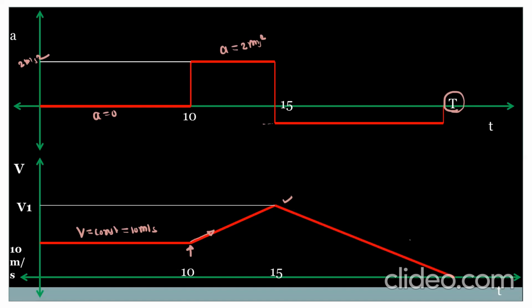That means acceleration is negative. Okay. And finally, at some time capital T, at this point, the particle's velocity will become 0. Okay. So this is called the graphical method to represent the motion of the particle. So from this graphical analysis, we can find out the total displacement of the object, then the velocity at a particular point,